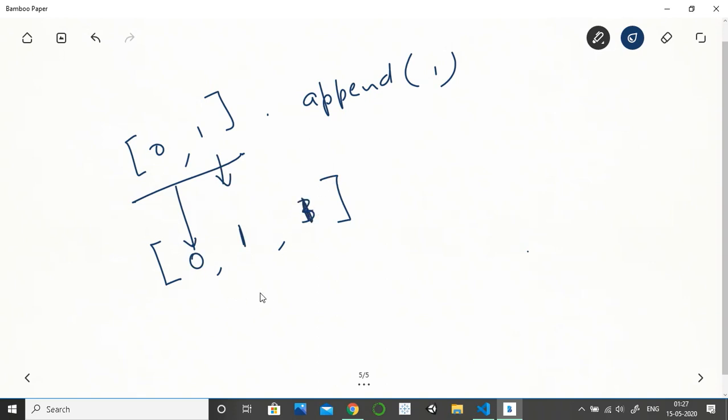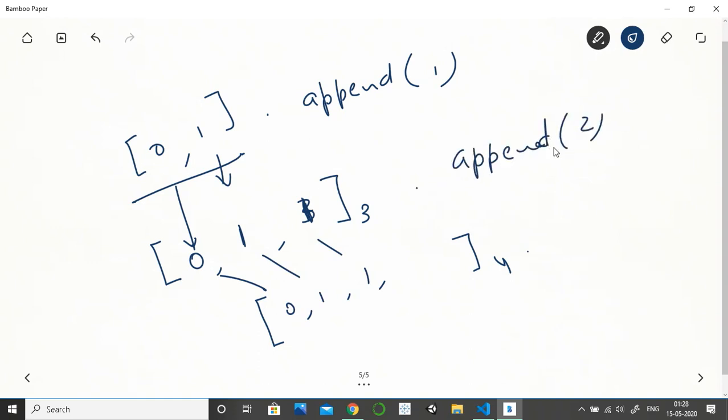Next time, if we append another element, it will create a new array of size 4. The first 3 values will be copied as they are, 0 1 1, and if the appended value was 2, it will put the value here. So as you can see, a new array is created every time, and it takes some time to copy these values, right?